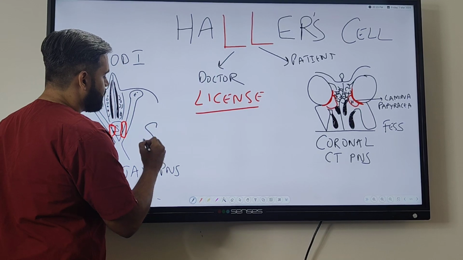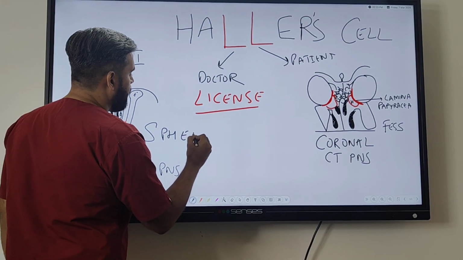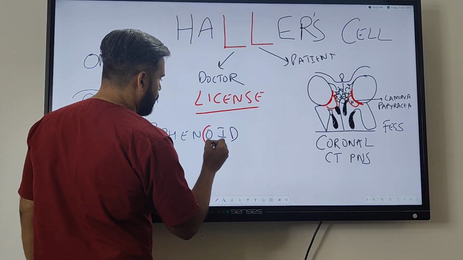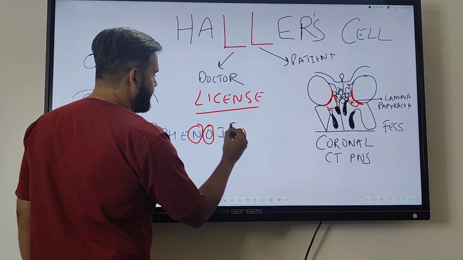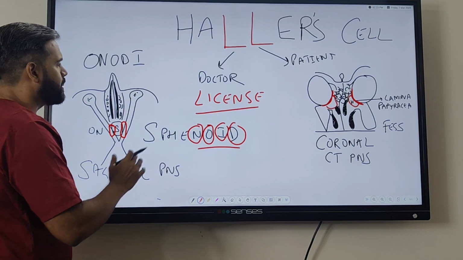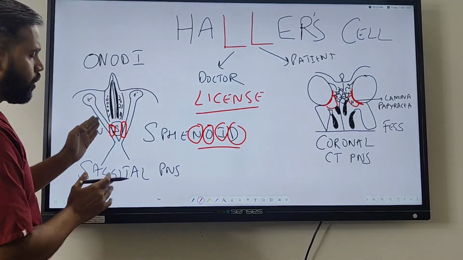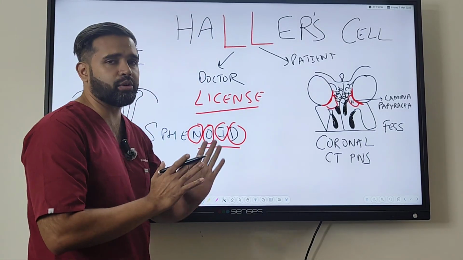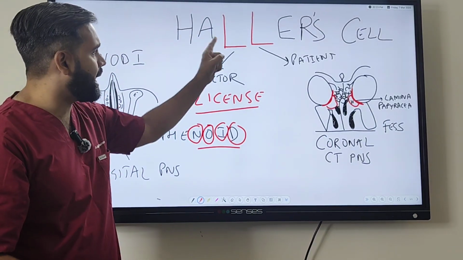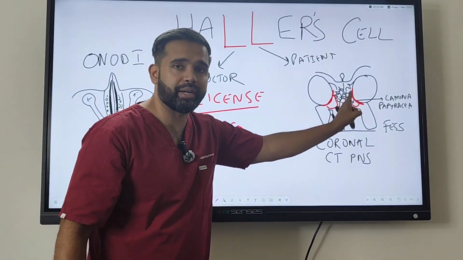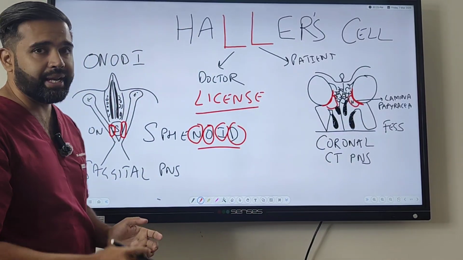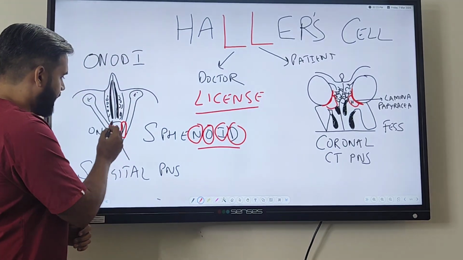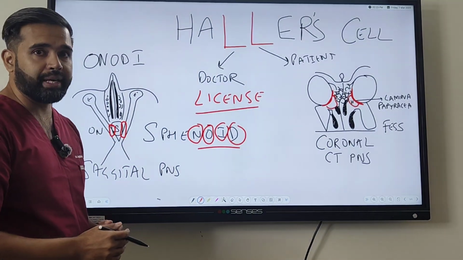And this, if you look at the word sphenoid, how I remember it. So sphenoid के नेम में ही O-no-D है. Alright, and also people remember it O-no is because of the optic nerve. बहुत सारे तरीके हैं. But in Haller's and Onodi, there should not be any confusion, because Haller's is just below the orbit attached to the lamina papyracea. Onodi is on the sagittal section in the lateral part of the sphenoid sinus, very close to the optic nerve.